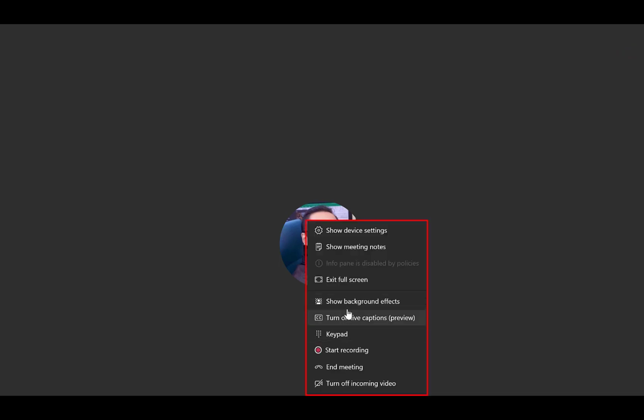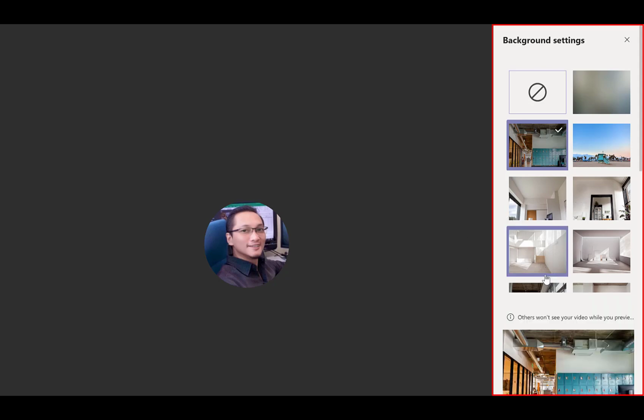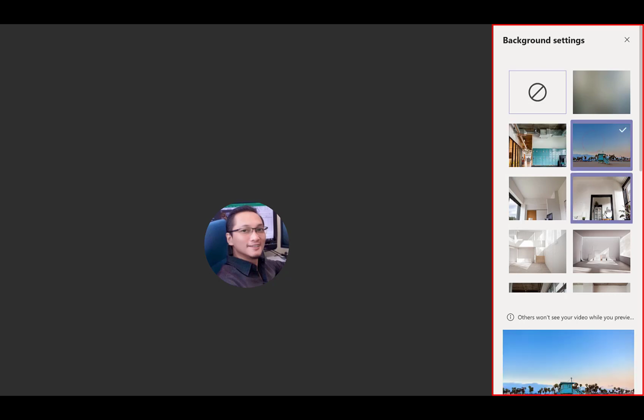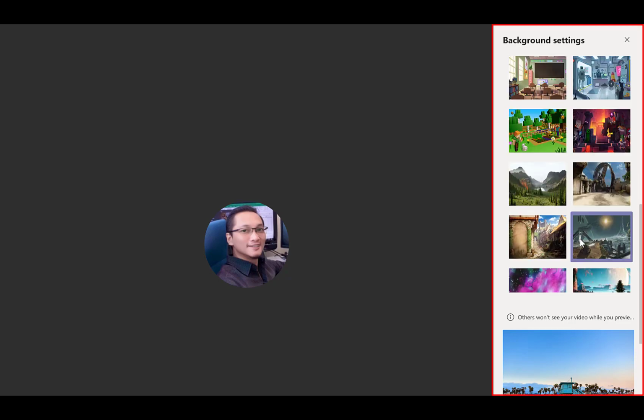And then show background effects is if I want to make it blur. Previously only this option was available, but now I can have different backgrounds. If I turn on camera, it will show the background at the back. So if I have my front facing camera, it will show myself with different